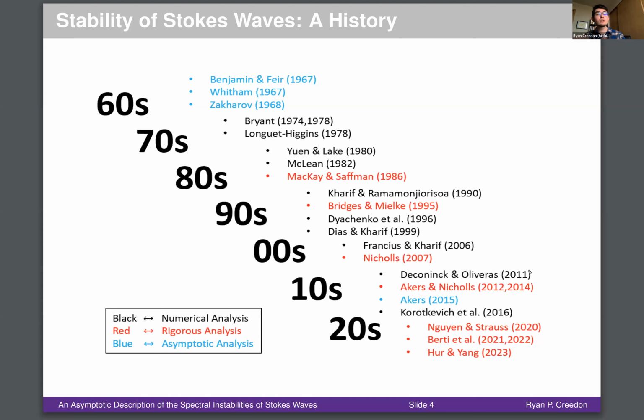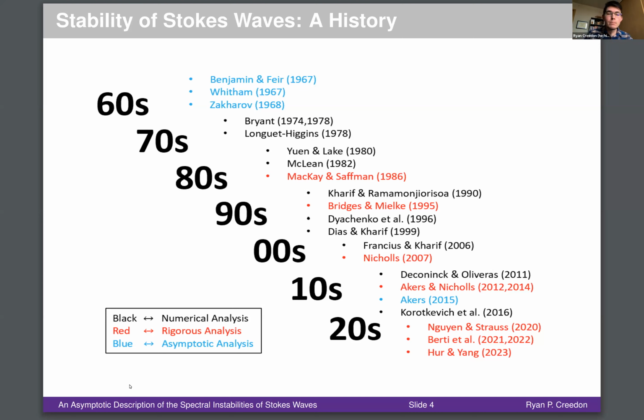And it's very interesting to look back at this history because you'll notice a lot of interesting trends. First off, in the 1960s, the main method of analysis was really asymptotic analysis, formal asymptotic analysis. And that's really because in the 1960s, rigorous analysis wasn't yet ready to tackle this problem. As you're going to see a little bit later on, there's a lot of complicating factors here. And also computers weren't quite up to the task of helping us to really see what these unstable Stokes waves